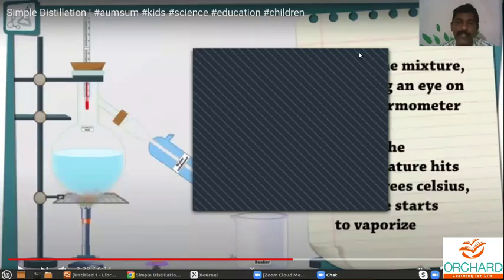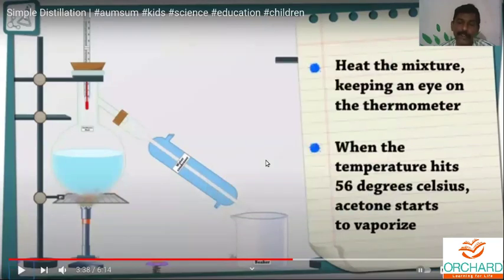Good. See, so you can see this 56 and 100, what is the difference? Difference is about 44. Therefore the difference should be greater than 25 Kelvin. It is degree Celsius or Kelvin scale, the difference is the same. 56 and 100 has a difference of 44. Even if you convert this into Kelvin scale, you have to add 273, then even then the difference would be 44, which is greater than 25. You can separate two liquids.